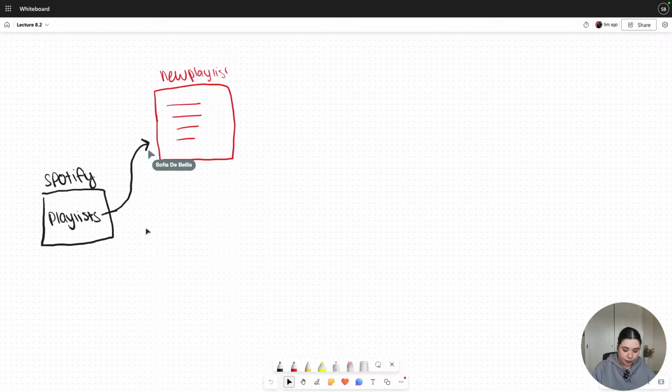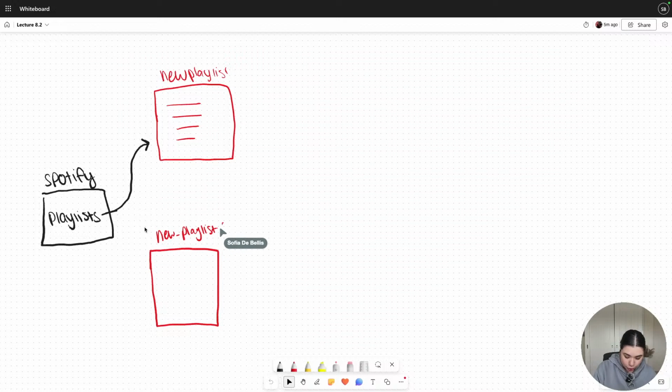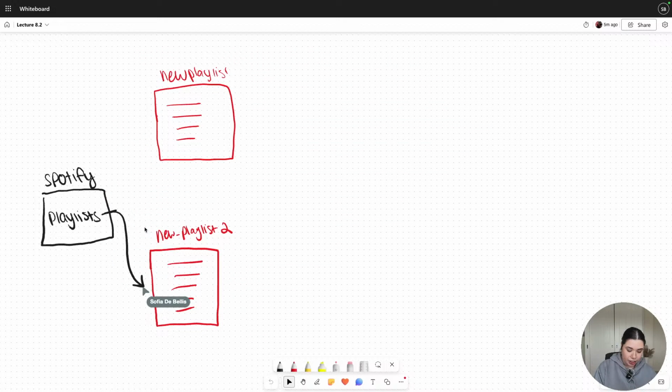The next case is if I come along and I create another new playlist, call that function again, new playlist 2, that's got some values in it. And now I want to insert this at the head again. If I just go ahead and do what I did last time and update this pointer to just point to the new node that I create, like so, we've got a little bit of an issue here, right? Because what Spotify playlists used to point to, this node up here, and maybe any following playlists that it has, they are all going to get lost, right? This is some random chunk in memory, and I've now completely lost this playlist,